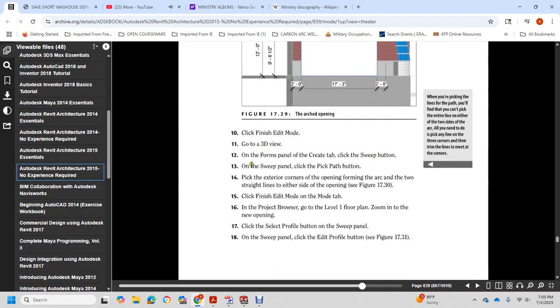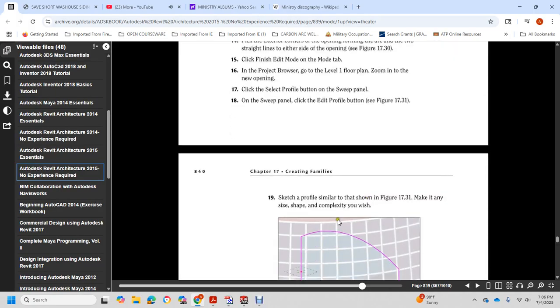Click Finish Edit, then go to 3D view. In the Forms panel, Create tab, click the Sweep button. In the Sweep panel, click Pick Path, pick the exterior corners of the opening, forming an arc and two straight lines. Finish Edit Mode. In the Project Browser, go to the Level 1 floor plan and zoom in on the new opening. Click Select Profile, then Edit Profile, and sketch a profile similar to that